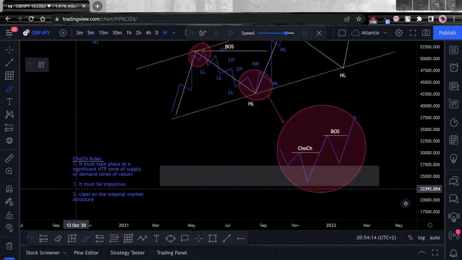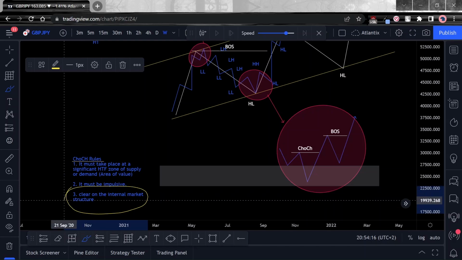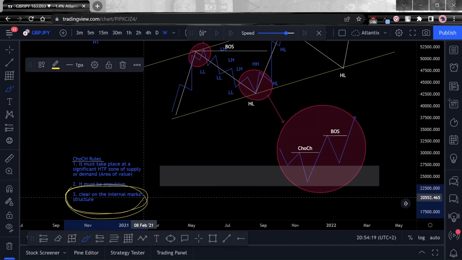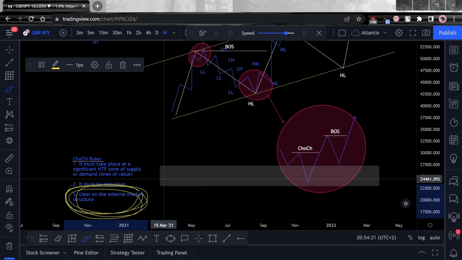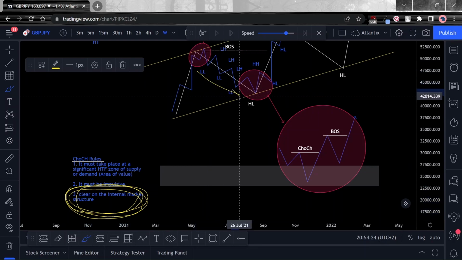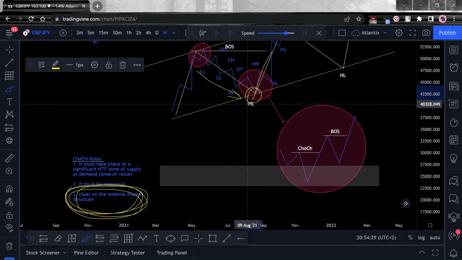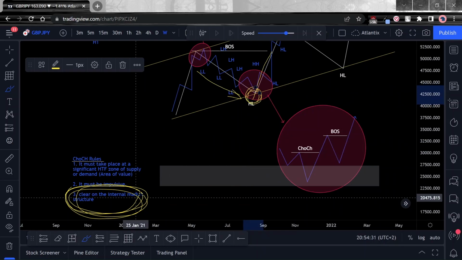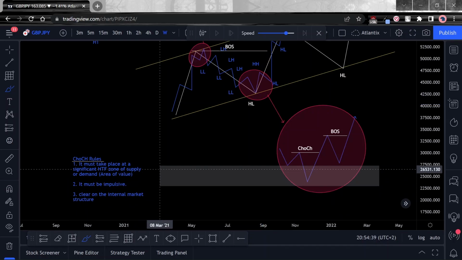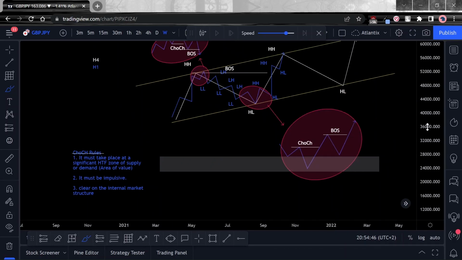This is extremely important because you're trading against a trend. Remember, the internal market structure is fighting you because it's going lower. And you are trying to buy because you're trying to anticipate a higher time frame change of trend. So because you're fighting the trend in both scenarios, you need to have very good rules that allow you to come right when you execute. Okay, so these are the three most important rules that I think are important to observe when you are trading the change of character.